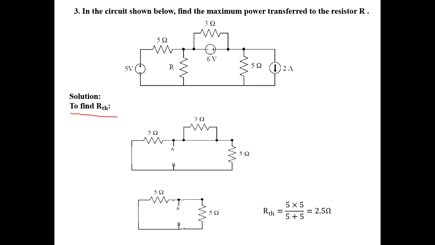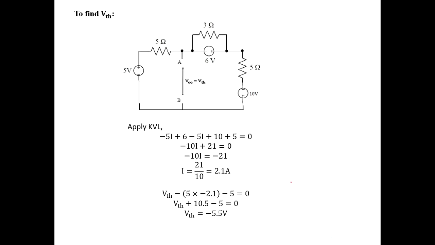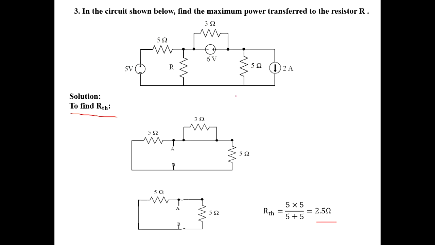Here from the diagram we can say these two resistors are connected in parallel because they have two common points. We know the relation R1 R2 divided by R1 plus R2. We got the answer 2.5 ohm. Next we have to find the VThevenin. To calculate VThevenin, we have to remove only this load resistance. The remaining circuit is the same.